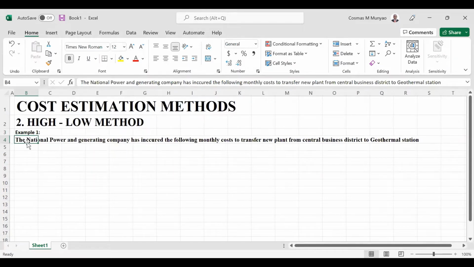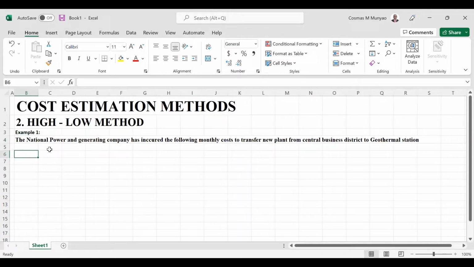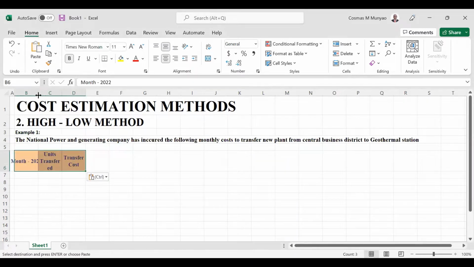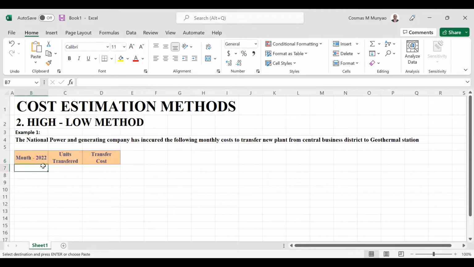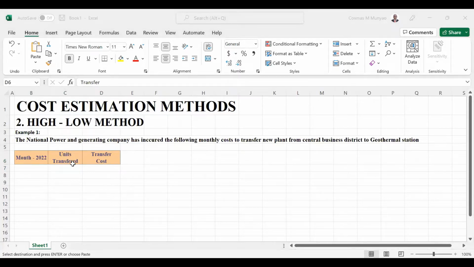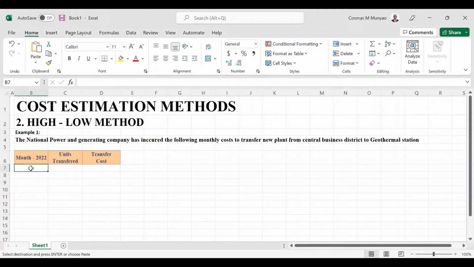Now, the costs include monthly costs. Let me format this also. We need some space. This is month and transferred units, and then cost of the transfer. So in January, the National Power and Generating Company transferred 6,000 units, and incurred a cost of